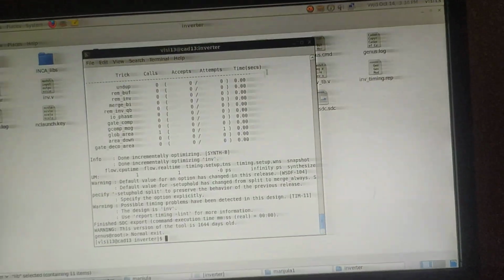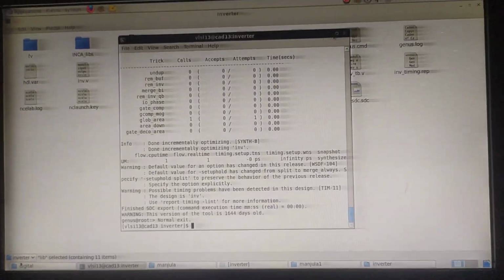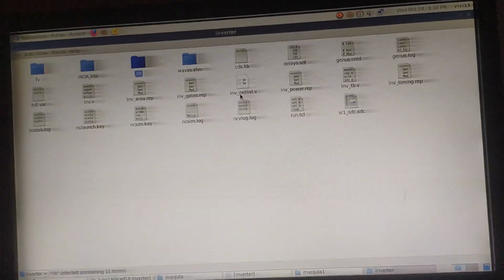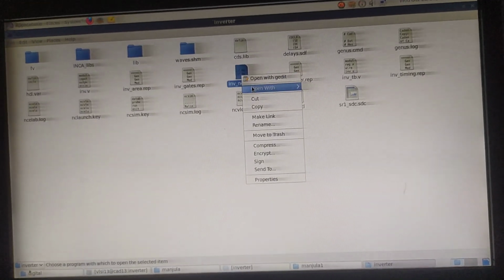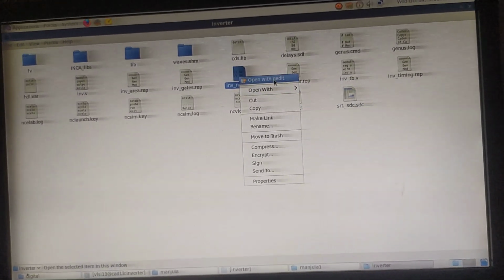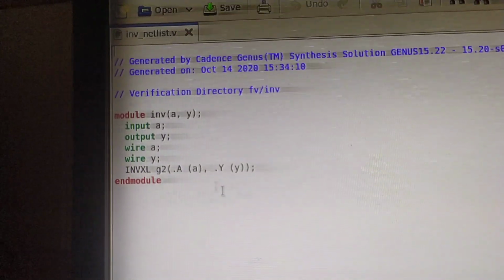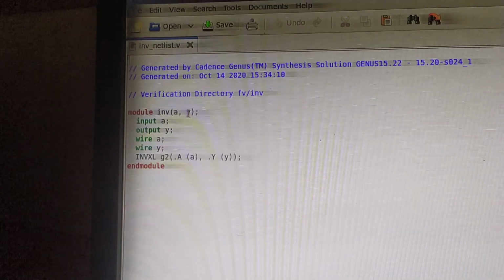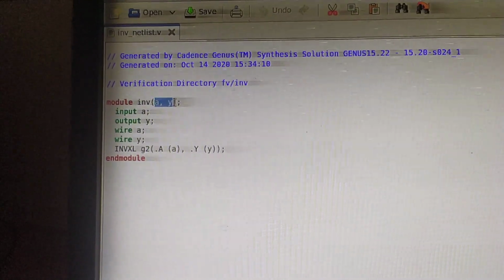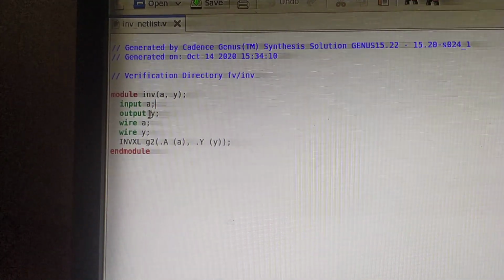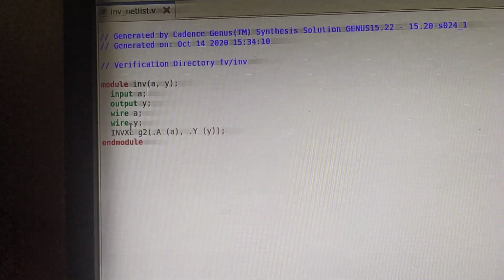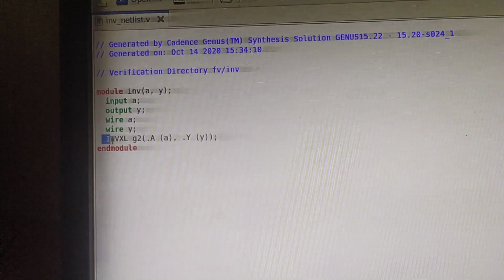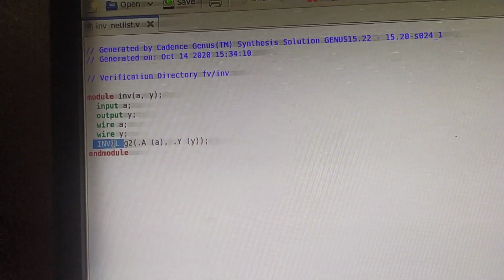After that, here you can see the INV netlist. Just right click and open. This is the same code. INV with A and Y are taken as inputs and outputs from the RTL: A input, Y output, wire A, Y. Here INVX1 is taken from the library.